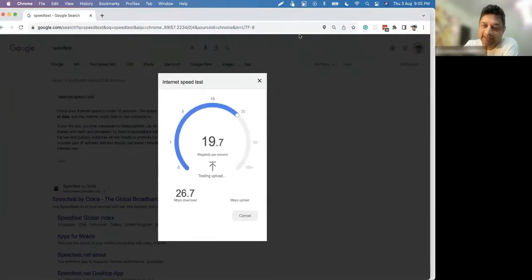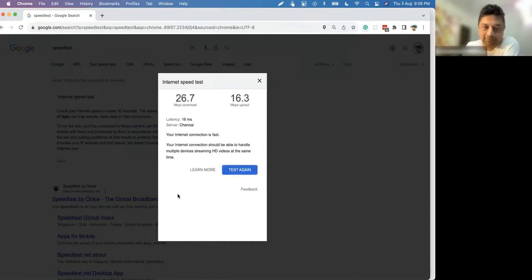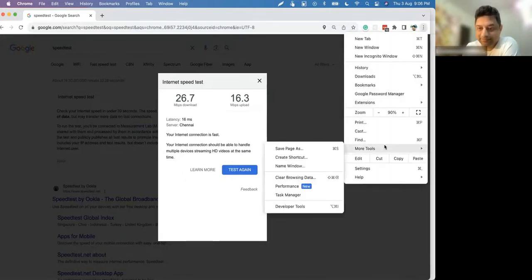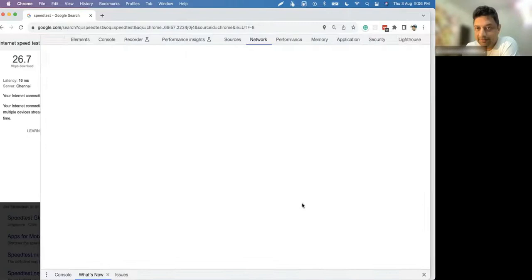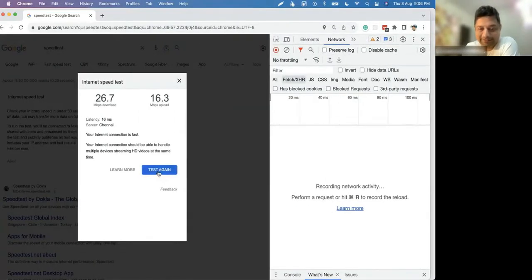It is detecting download and upload speeds. How does it happen? Your internet connection is fast and it gives me details that I can check. What actually happens? We can see what is happening. Let's say test.